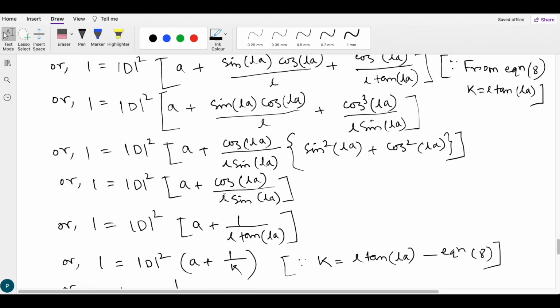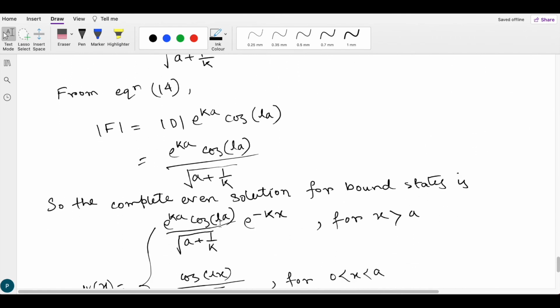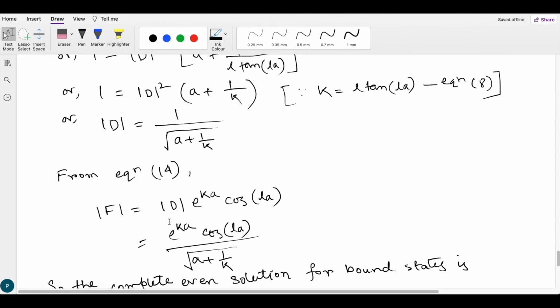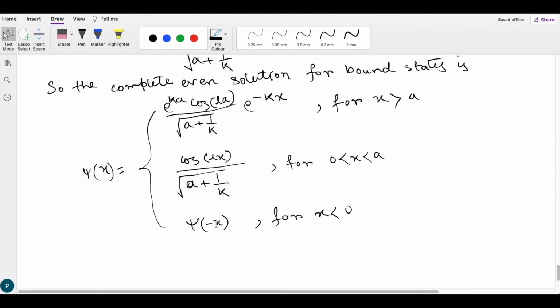From equation 14 we know that f equals d e to the power ka cos la. So if we put the value of d, we get the value of f as e to the power ka cos la by root over a plus 1 by k. So the complete solution for the bound state is e to the power ka cos la by root over a plus 1 by k, e to the power minus kx for the region x greater than a, and cos lx by root over a plus 1 by k for the region 0 to a, and